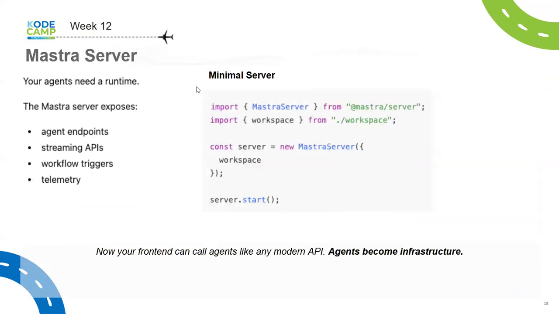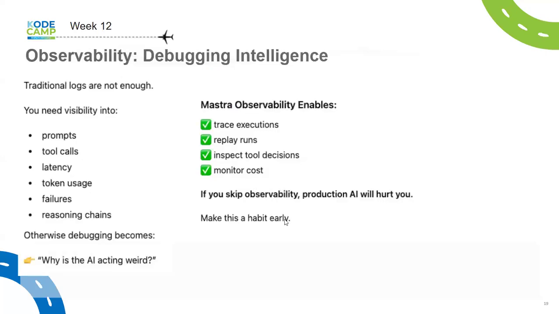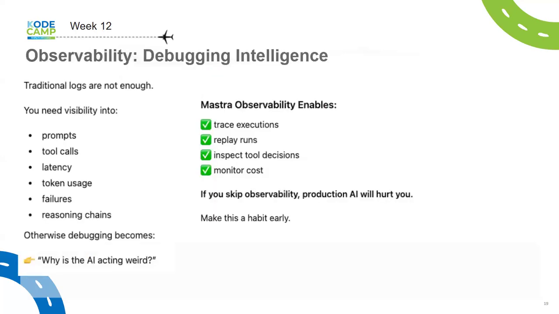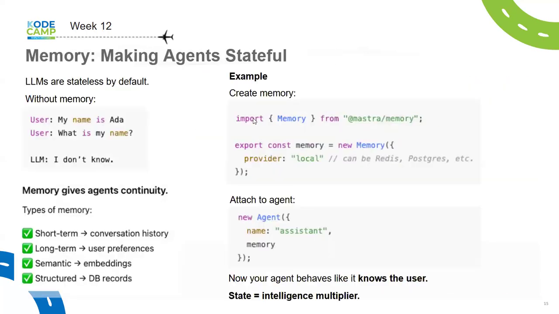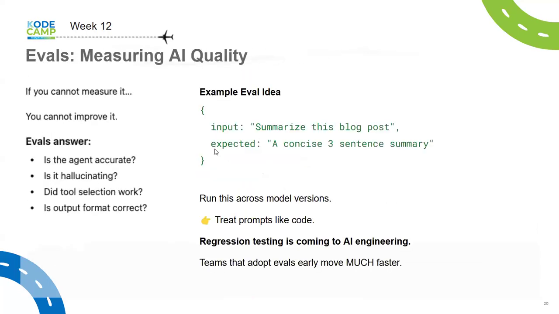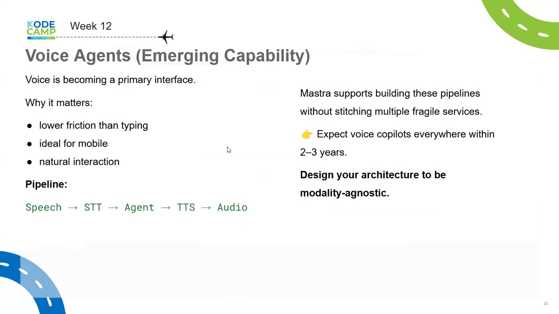But let's talk about the server. So the server allows you to plug your agent into it, and then the agent becomes essentially a backend, and you can do everything with it. Okay. So let's do the server, and then we'll end that today. We'll do the server, we'll do the studio. I'll show you how the studio looks. We'll play around a little bit with it, and then we'll come back and do the rest, including the ones that we have skipped: RAG, workspaces, observability, evals, and all the rest of it.